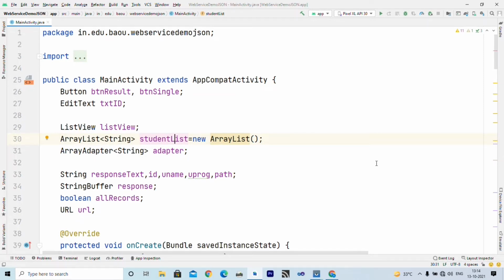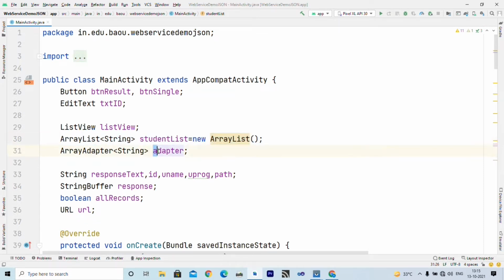Using the add method, you can add any number of students inside student list. We need not declare the size of the array in advance. That is why we have used array list, because we don't know how many students are there in the file.